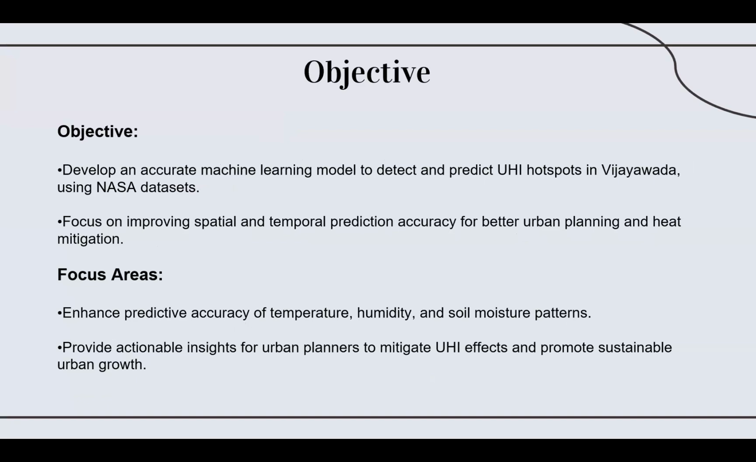For this, we have used data sets from NASA, and we have mostly focused on accuracy and on less mean square error. We have taken the parameters that are the most important: temperature, humidity, and soil moisture. We have taken these patterns and provided actionable insights for urban heat islands to mitigate the UHI effect and promote sustainable